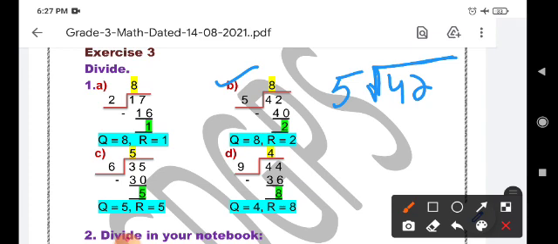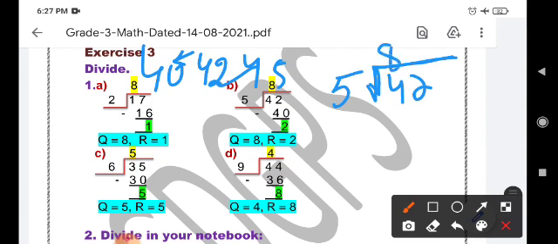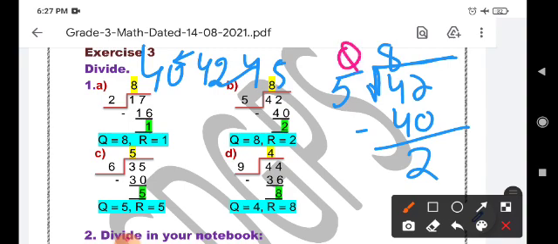No, 5 8s are 40 and 5 9s are 45. So should we go for 40 or 45? 40 is more closer to 42. So you have to get the nearest number to 42, or the exact number if you can get it. In this case you will get 5 8s are 40. What is the next step? You divided, then multiplied, then comes the sister. That means to subtract. S for subtract. 42 minus 40 is 2. So in this case, quotient is 8 and remainder is 2.